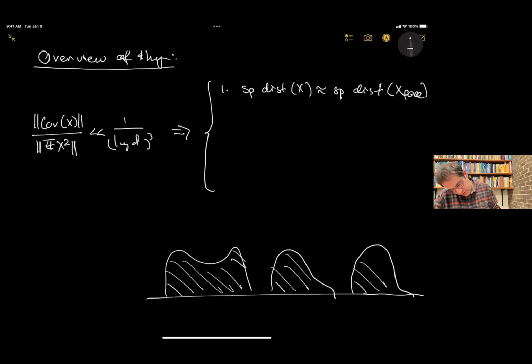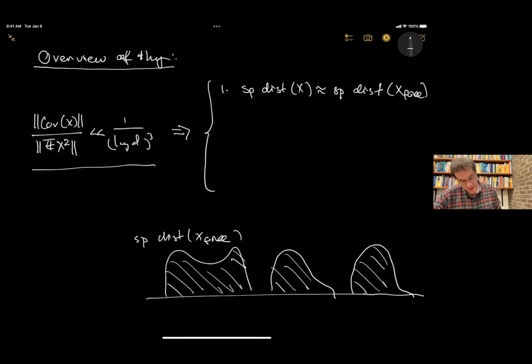So the spectral distribution of X free might look something like this. It's a bunch of weird semicircular blobs, but they can have things sticking out of them, right? And this is the spectral distribution of X free. It can be computed using some sort of explicit equation, right? And our theory says that as soon as this condition is true, the histogram of the eigenvalues of X will look very close to this.